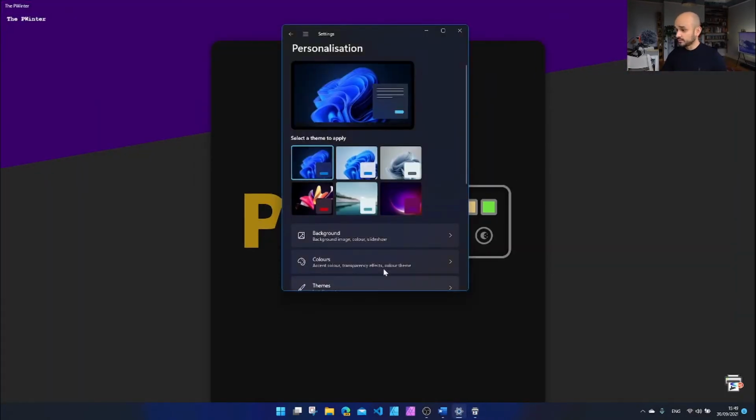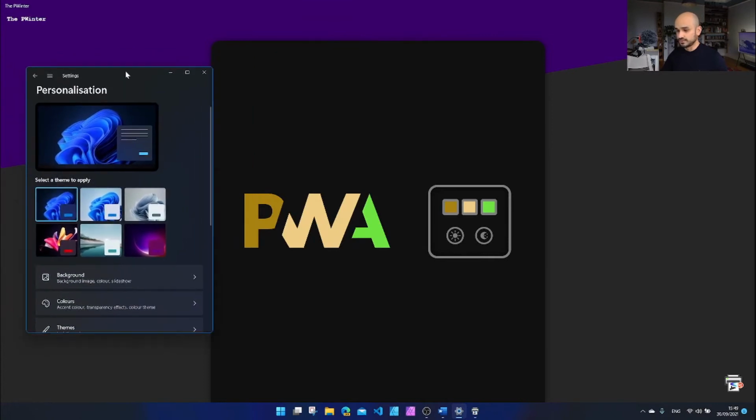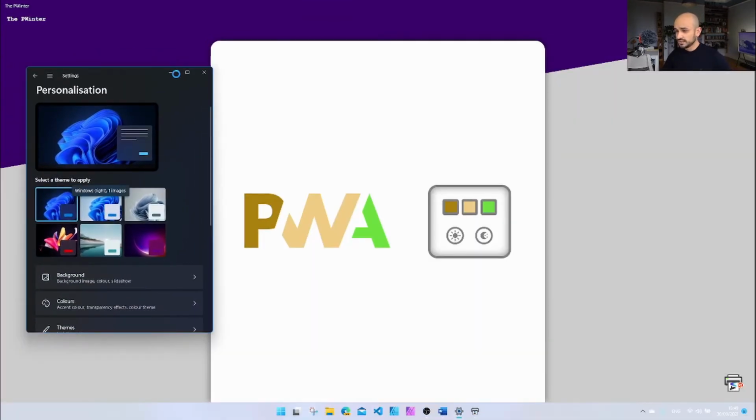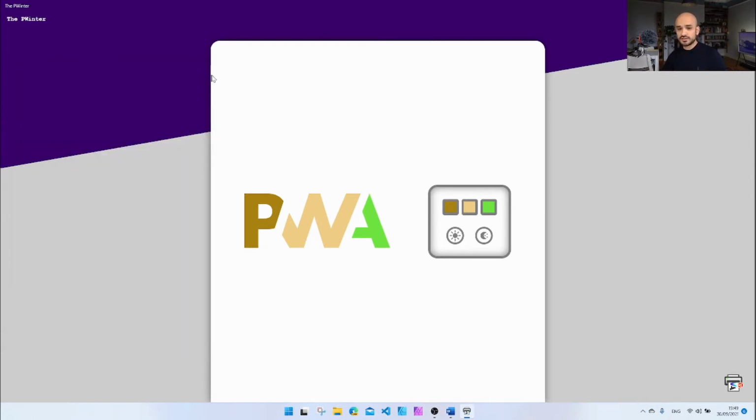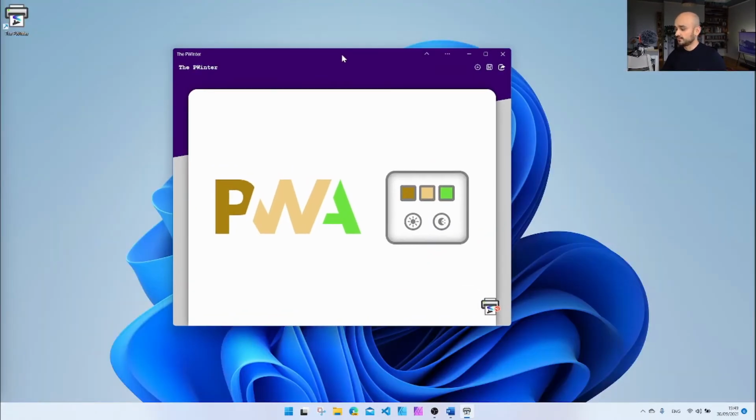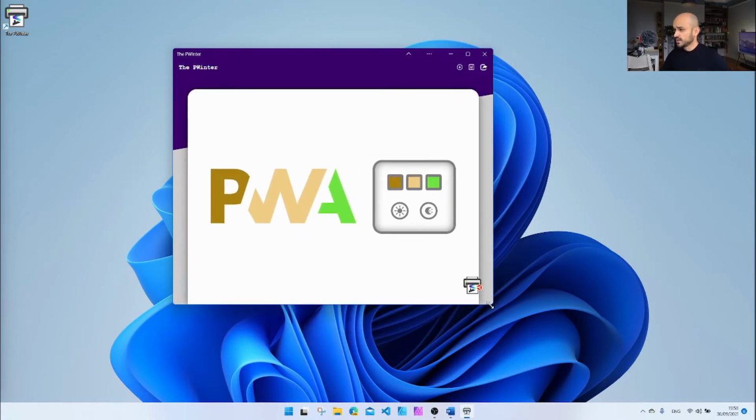Another thing that it's also adapting to is the theme of the operating system. So I'm going to go ahead and click the light theme, and we can see how the installed web application is well aware of the theme, and it's actually changing accordingly. So those are a couple of good things that we would want to have, integration of the installed web app with the native OS.